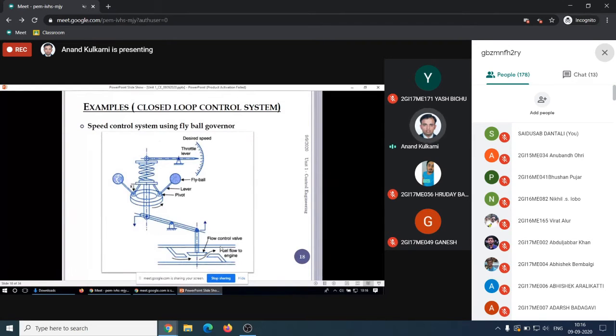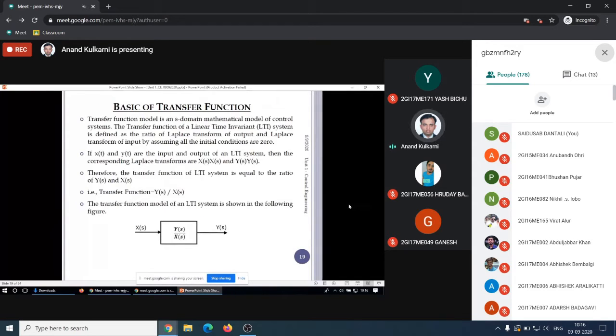As the amount of steam supplied to the engine decreases, the speed decreases. So this is how, if there is a more than set value increase in the speed, it is regulated to keep the speed constant. This is an example of a Hartnell governor, which is a spring-loaded governor, or a Watt governor, Porter governor, whatever, centrifugal governor is there.